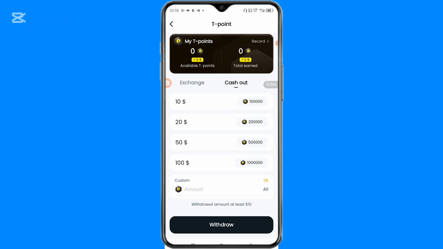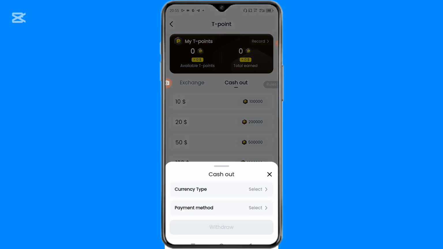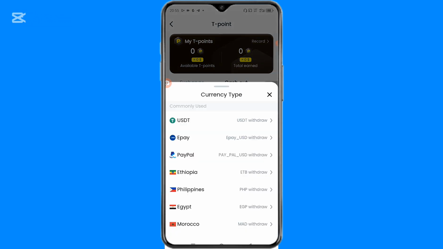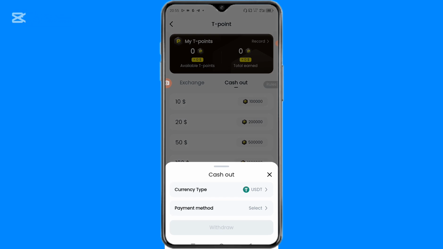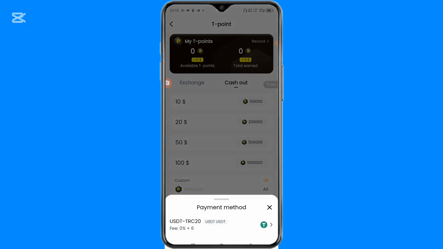So you just have to click on the withdraw option in order to select the currency type. So you just have to select the type of currency you want to withdraw with. Then selecting, let me see, I select the first option here. I just have to select the payment method,